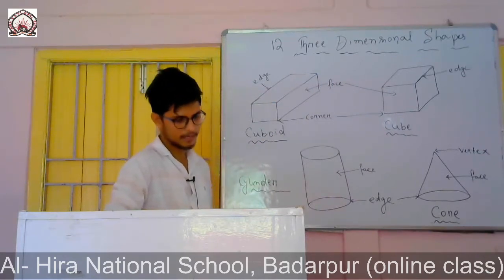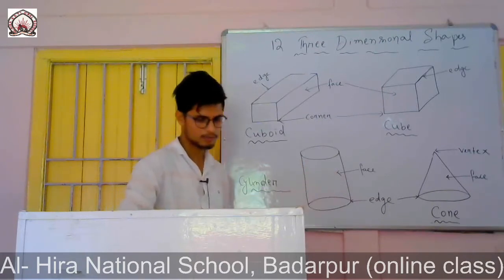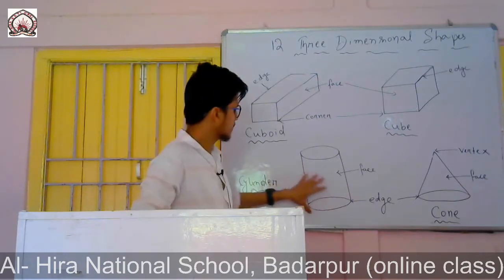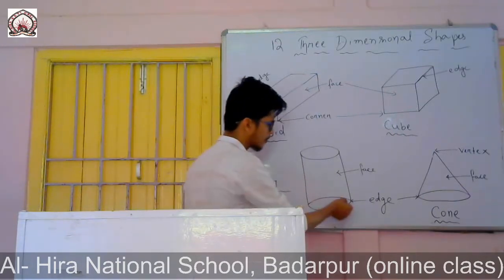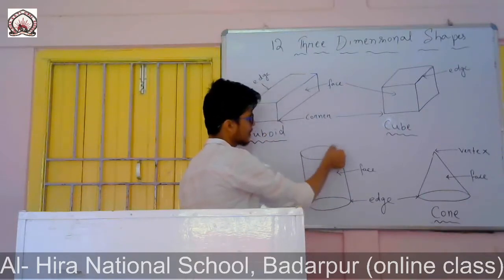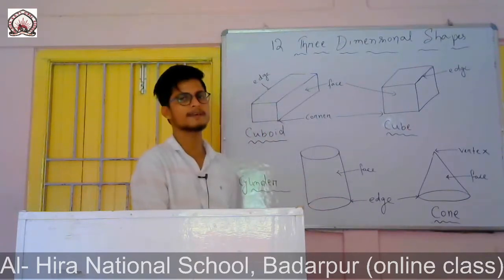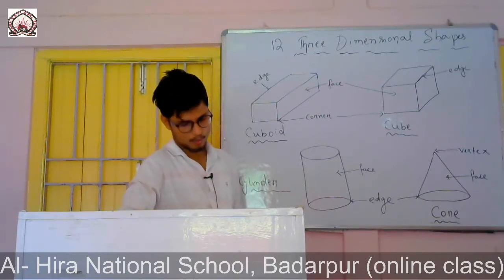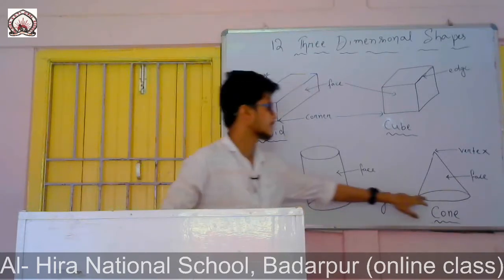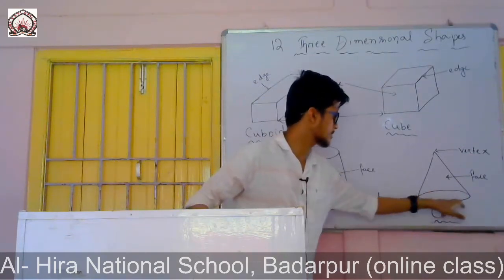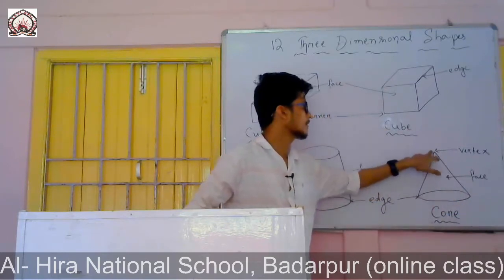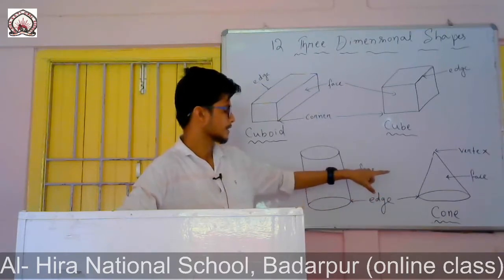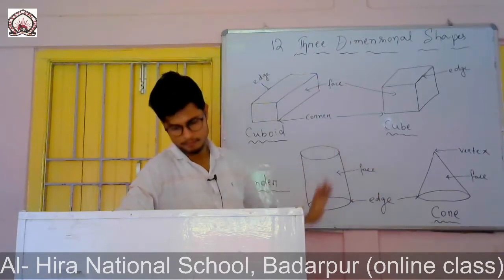But in the case of a cylinder, you will find 2 flat planes, and you will find 2 edges and it doesn't have any corners. So these are the edges. One edge is there, this round, another there. You will only find 2 edges, but it does not have any corners. Then comes the cone. A cone has one edge. This is the edge of the cone, and one corner, or you can say vertex. The cone has one edge and one vertex.